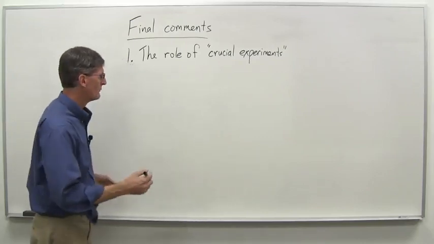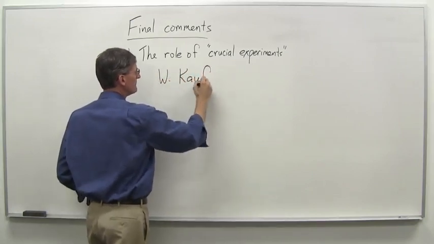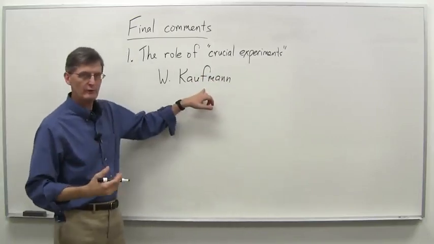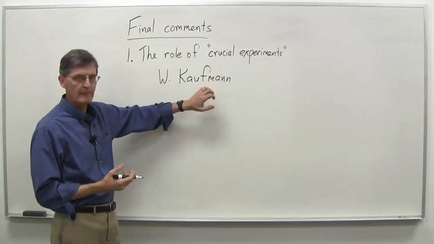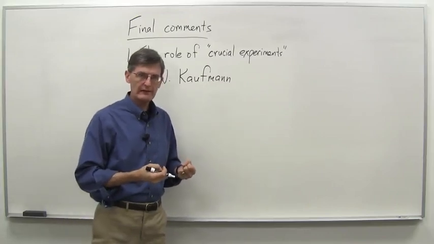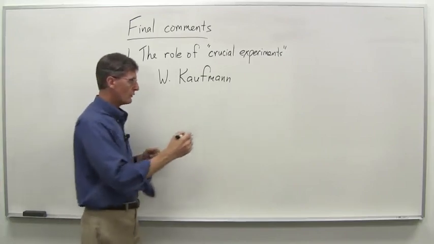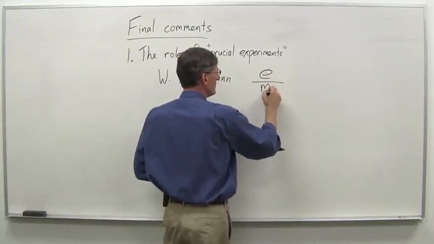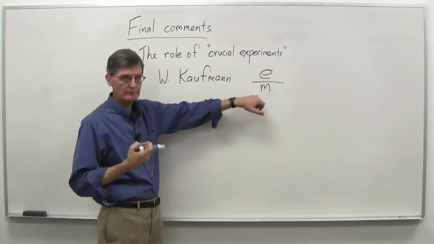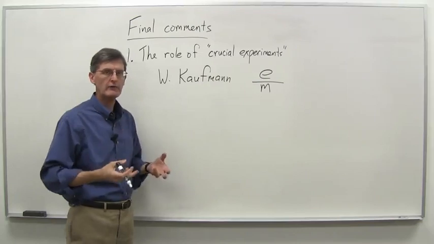I believe along the way I mentioned the experiments of Walter Kaufmann, actually spelled with only one F. Many times you say it with 2 Fs, but Walter Kaufmann, German experimental physicist, and in the years after the discovery of the electron in the late 1890s, he and others were doing experiments figuring out what was known as the charge to mass ratio, E being the charge of the electron, M being its mass. And he especially focused on what happens if you shoot electrons at higher and higher speeds.